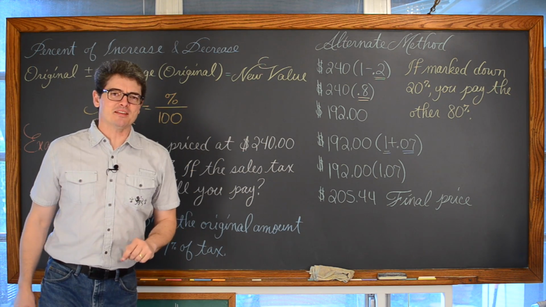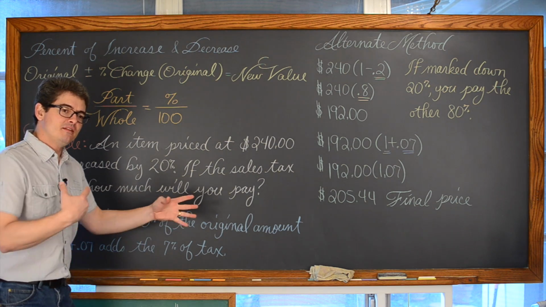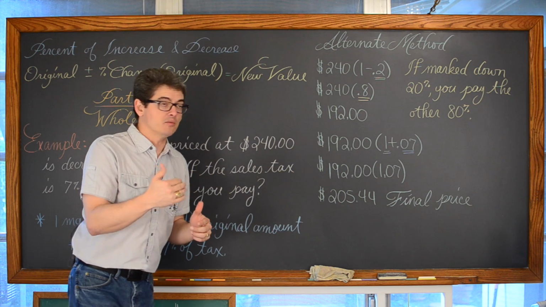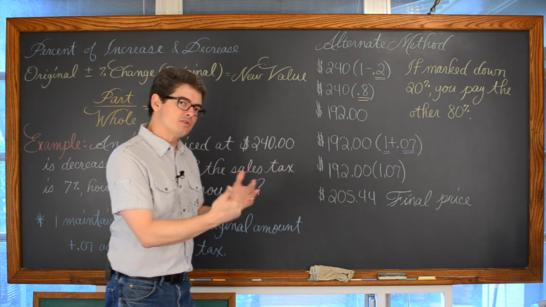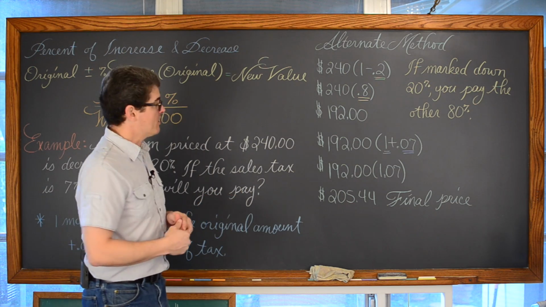An alternative method. Oh, and did you notice, I have erased it now, but the price of the item was different had you just tried to apply a 13% discount. So hopefully you got to realize you have to do this in 2 steps, or as many steps as percents of change you are given.